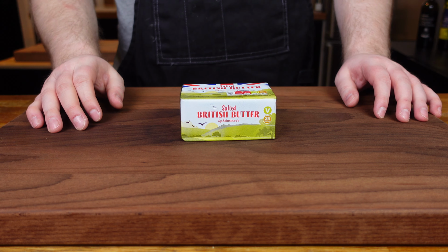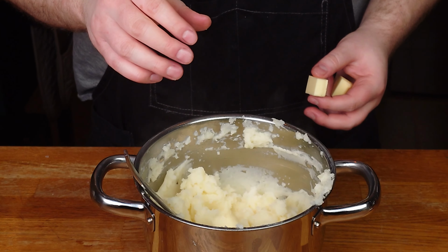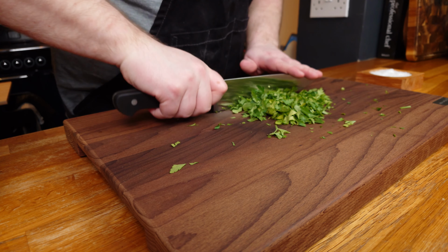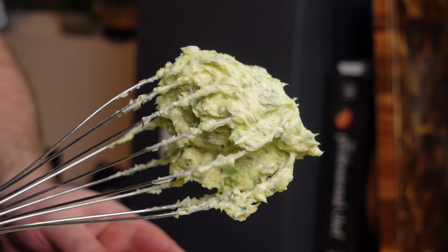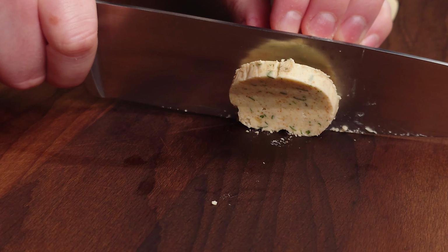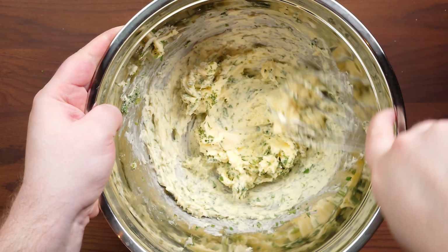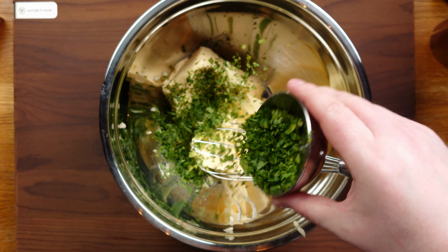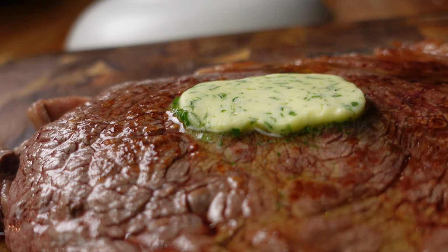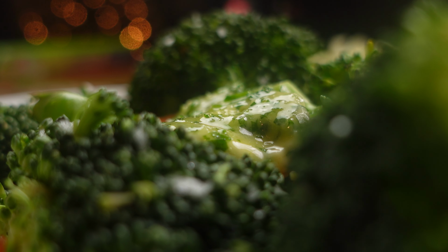Yes, butter. Cooking with butter is always what a lot of chefs will say is the key to flavour. And that is true. But for us home chefs, we can utilise this magic ingredient in another way, with a few extra enhancements to create the best thing to have at your disposal, and that's compound butter. We take an already incredible flavour agent and whip it up, mixed with different flavours like herbs, spices, or even a citrus zest. Whether you're melting it over a perfectly cooked steak or spreading on toasted bread, every home chef should have a stick of compound butter to hand, ready to break out and elevate your home cooked meals to